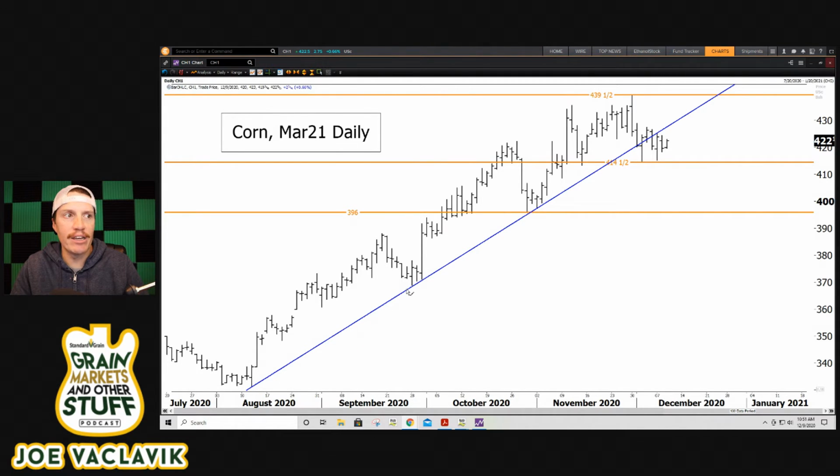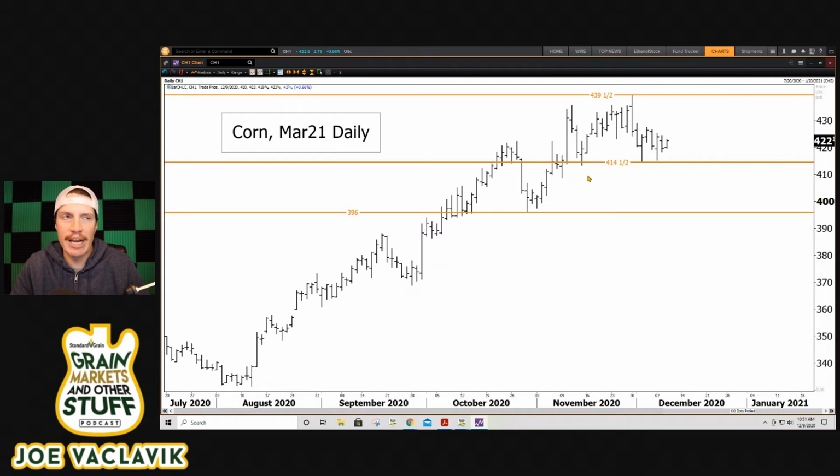And since then, the market had followed this trend line higher. We went down and tested some support and found some support there in late September. We then tested the trend line again in early November. And now we are trading below that trend line and have been for 3 or 4 trading sessions. So I'm going to go with the idea here for the moment that the uptrend has been busted, and I'm going to pull this trend line off of the screen. I'm going to say that this line has been negated for the time being.